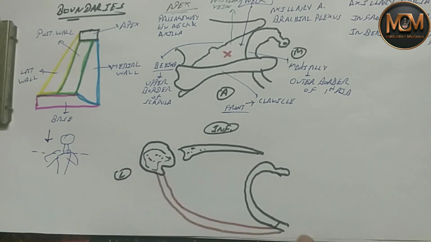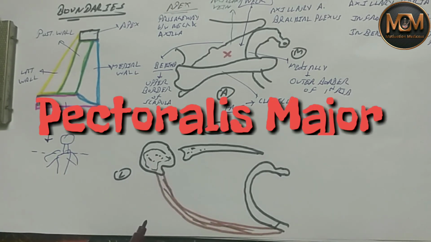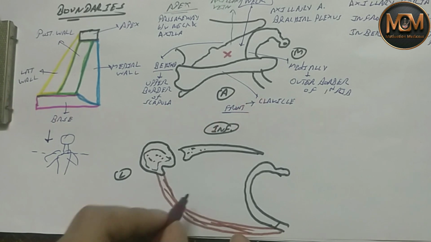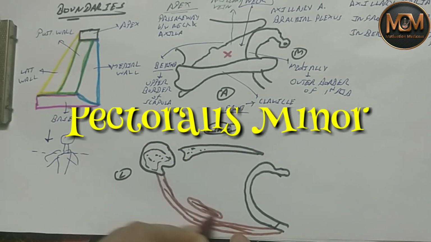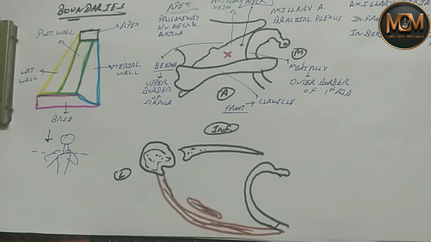on the lateral lip there is a muscle present, and the name of this muscle is pectoralis major, and inside the pectoralis major there is a muscle that is pectoralis minor. There is a pectoralis minor muscle present, and